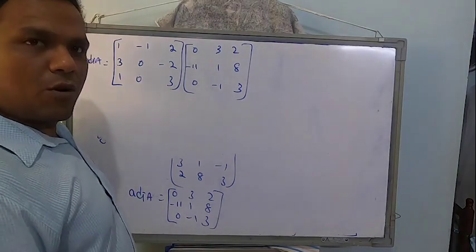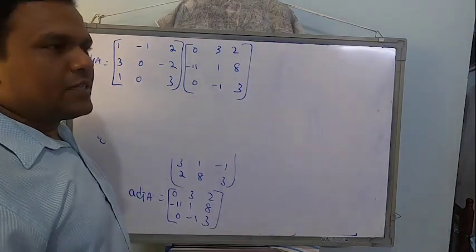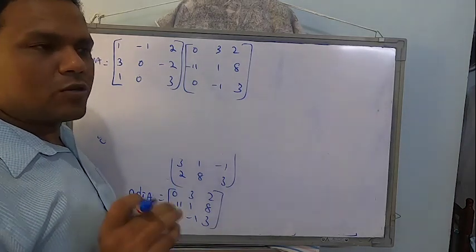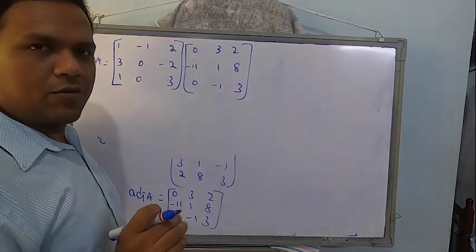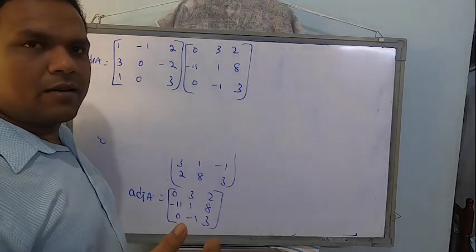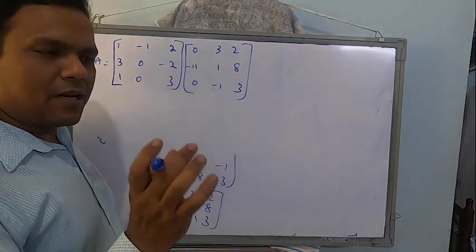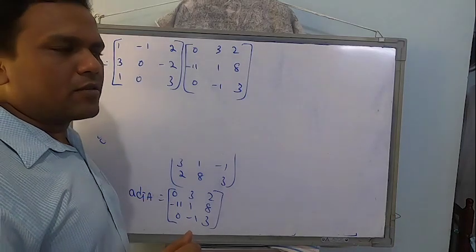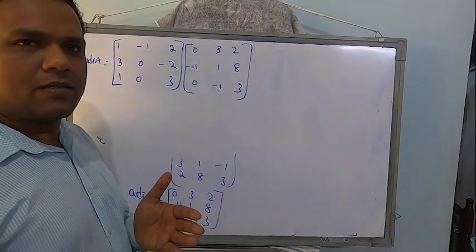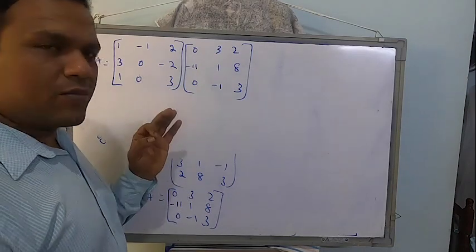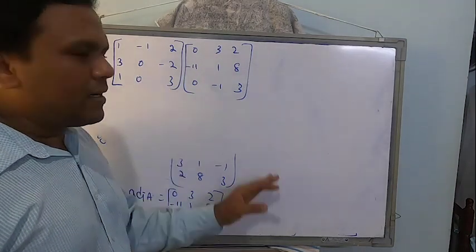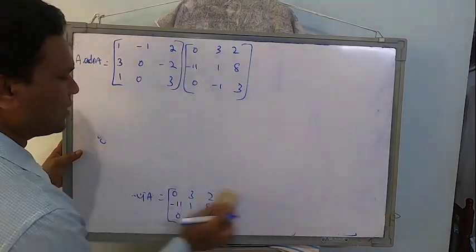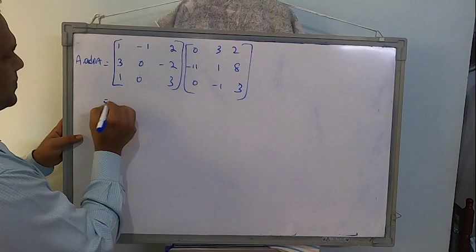Do you think I can do this without knowing the product of matrices? No. First, when I want to learn determinants, I should be ready with my matrix concepts. It's important for me. What is a determinant? It's a real number associated with a square matrix. First, I should make sure I'm thorough with my matrix concepts. Then only is it easy for me to learn the concepts in determinants. Correct, right? So let's find out this product.